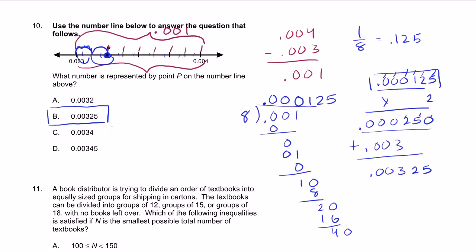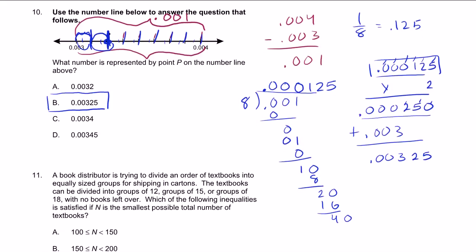Instead of dividing by 8 and all of that, I could have just said, you know what? There are 8 increments here. I made this problem messy, but there are 8 increments here. 1, 2, 3, 4, 5, 6, 7, 8. We've gone 2 of them. So we've gone 1/4 of the distance between 0.003 and 0.004. And that would have been the easiest way to do the problem. 1/4 of the distance is just another 0.25. And that would have been way easier to do the problem, especially if you didn't want to waste a lot